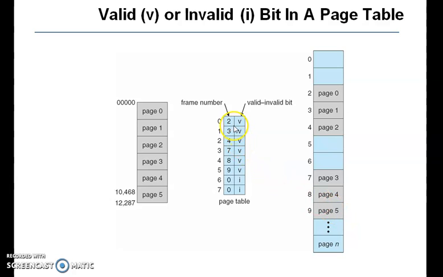We can observe that in this table, the pages which are mapped have the value V. Since the page table contains more entries, that is entries 6 and 7, which are not utilized, they are mapped to 0 here. At the same time, the valid-invalid bit is I to indicate that they are invalid.